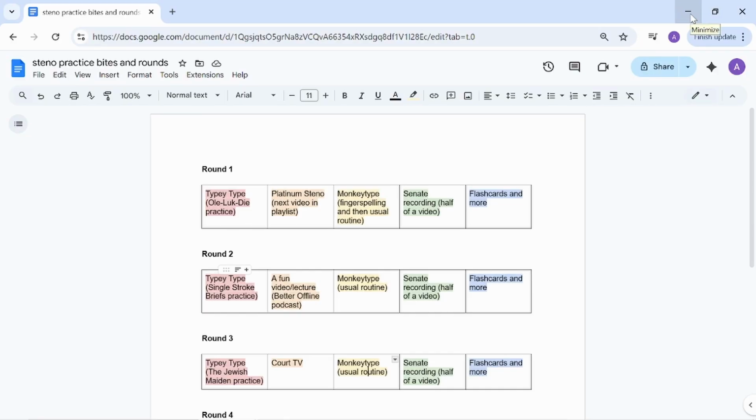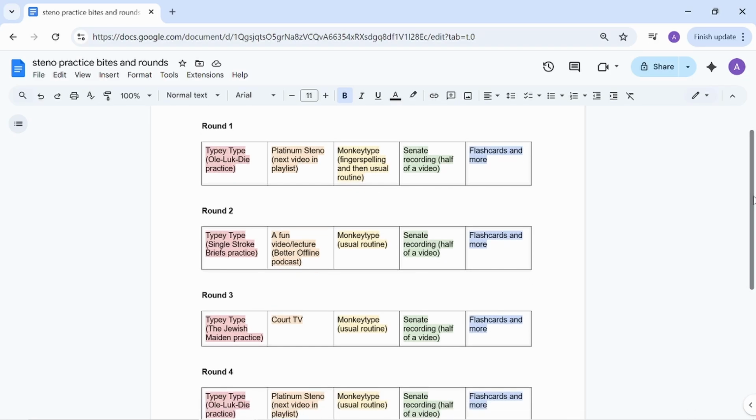All right, so let's get into the actual routine here. I made a quick visual in Google Docs just so that it's easy to explain, but this is not something that I ever wrote down. This is just what I have in my head that I'm following, and it might only make sense to me. But that's the important part: if you're coming up with your own practice routine, it only has to make sense to you. But maybe you can get some ideas based off of mine.